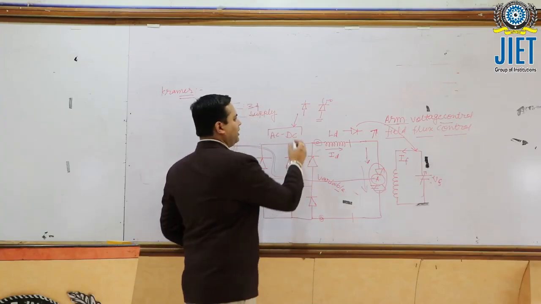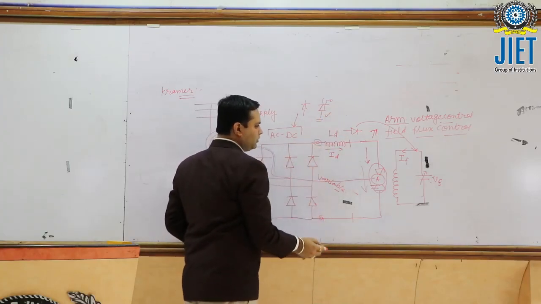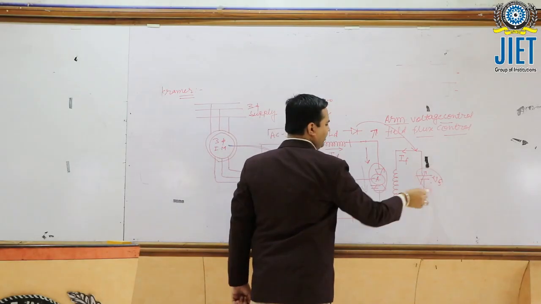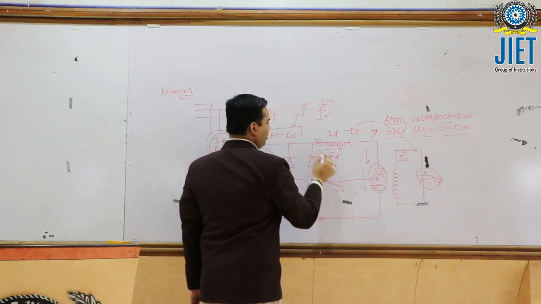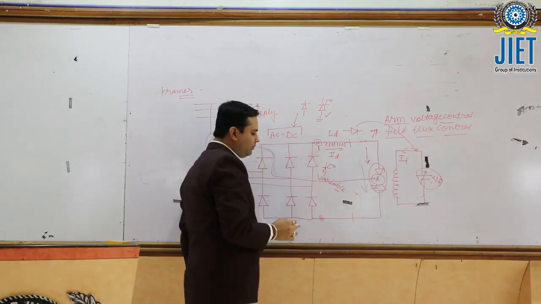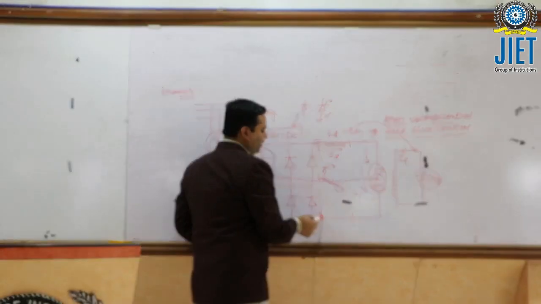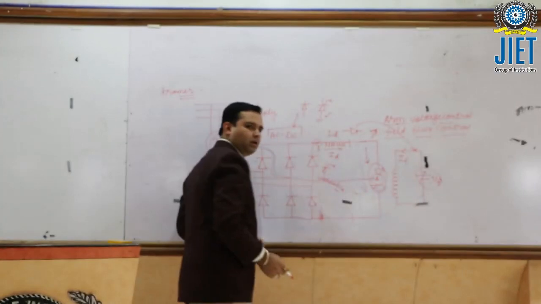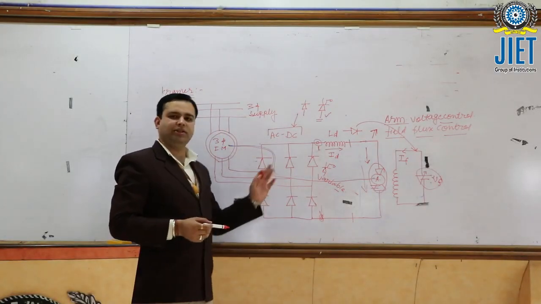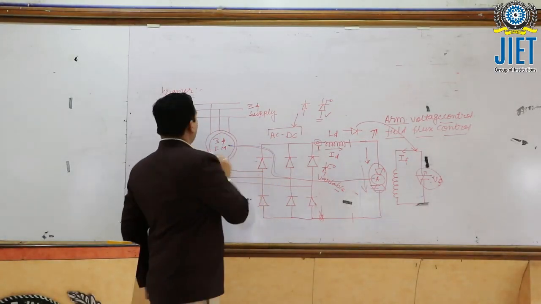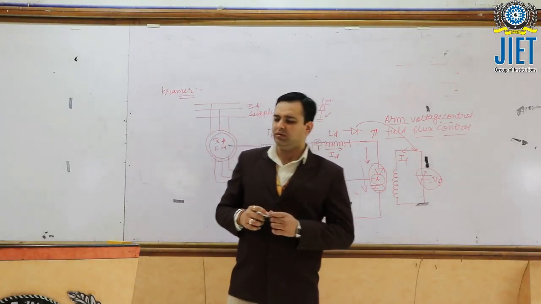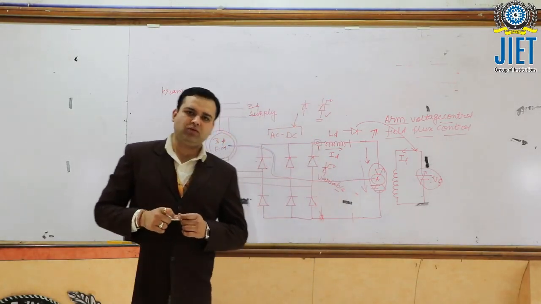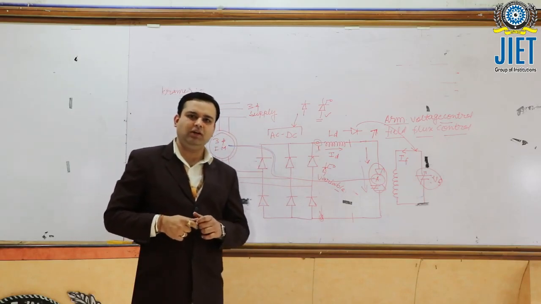In the second case, if we are using the thyristor, there is no need to change the value of VF. If we are using the thyristor, then automatically we obtain the variable value of voltage here, and after getting the variable value of voltage, we can easily change the armature side speed. So this is the Kramer drive configuration. This is all about the power electronics based rotor side control of the induction machine.